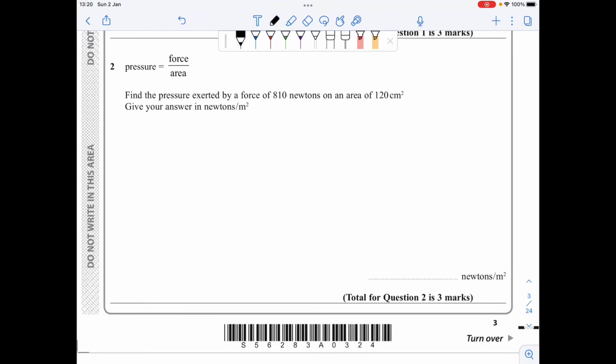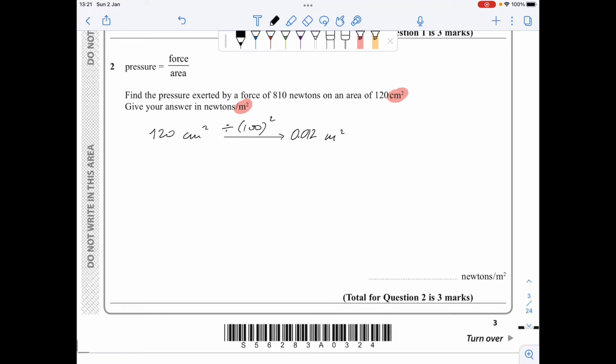For question 2, note that the answer wants newtons per meter squared, but I have centimeters squared, so I need to convert the 120 cm squared to meters squared. Now, when you convert centimeters to meters, you divide by 100, but because I have area and this is squared, I need to divide by 100 squared. So it's going to give me